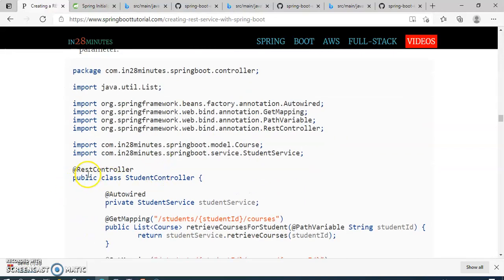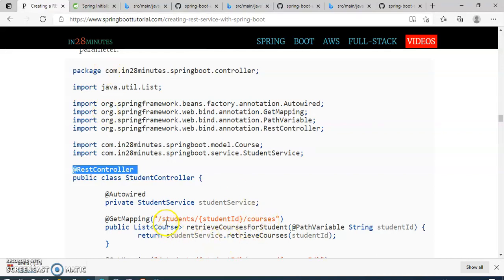Yeah, here you can see we have the RestController. This RestController exposes the REST services, and we are creating a couple of GET methods: student ID, courses.